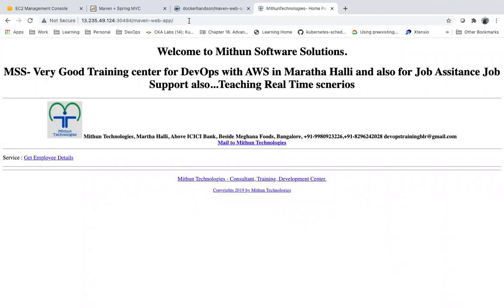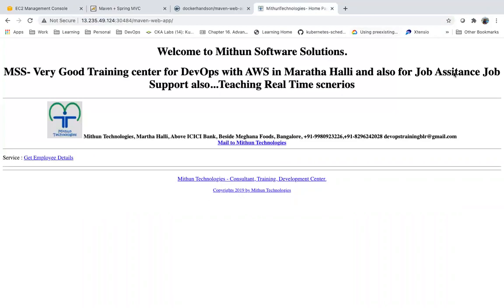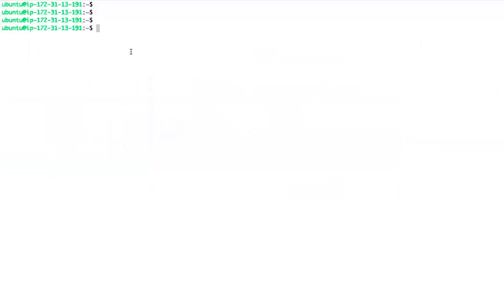Is it working from outside? So this is one application. This is another application. Both are running as Kubernetes pods, as we already know.